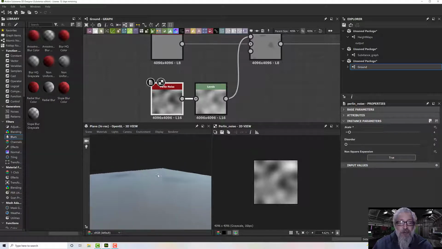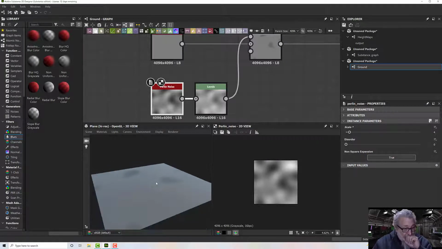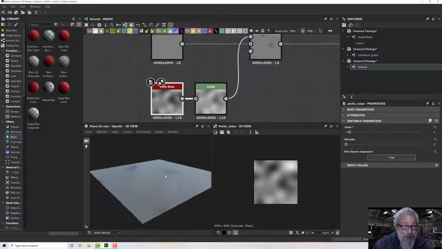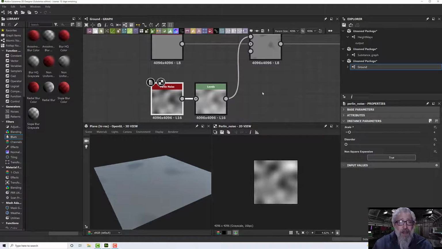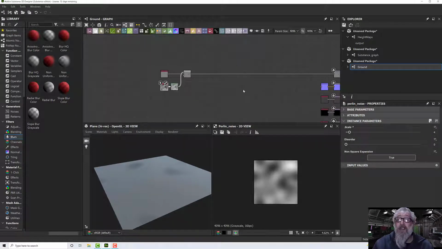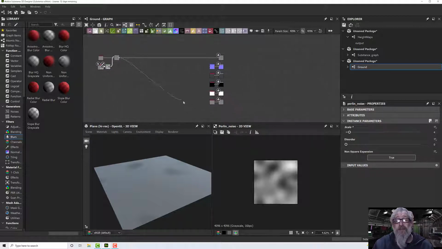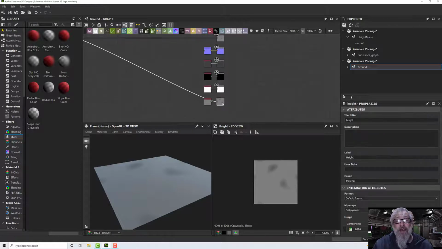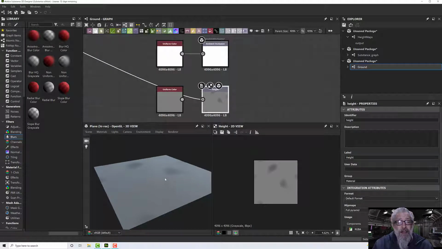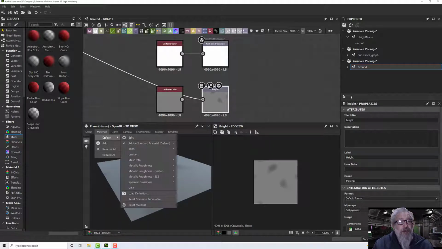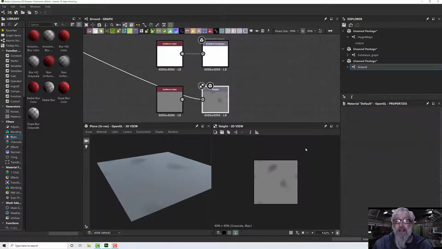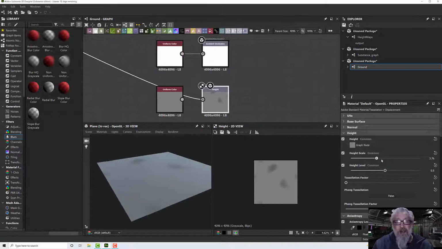You can, of course, adjust for your preferences. Okay, so this isn't actually displacing at the moment because this is plugged into the colour node. So let's take that and plug it into the displacement node, the height node rather, and then on the material go to default and edit, and then I'm going to increase my height scale,